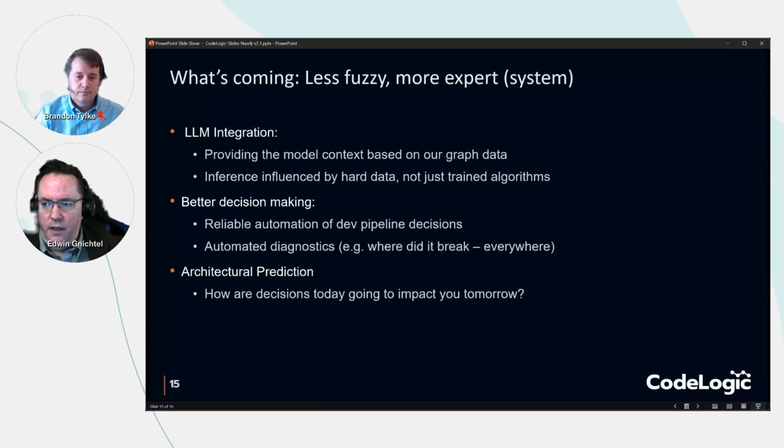The other thing is, we want inference to be influenced by hard data, not just trained algorithms, meaning stuff that, as I say, looks more like an expert system. And then with that, we're going to be driving towards better decision making. So reliable automation of dev pipeline decisions, meaning the stuff that today you kind of have to sit there and say, okay, am I going to accept this or not? Can we help streamline that based on being able to tie in and look at what the impact is,